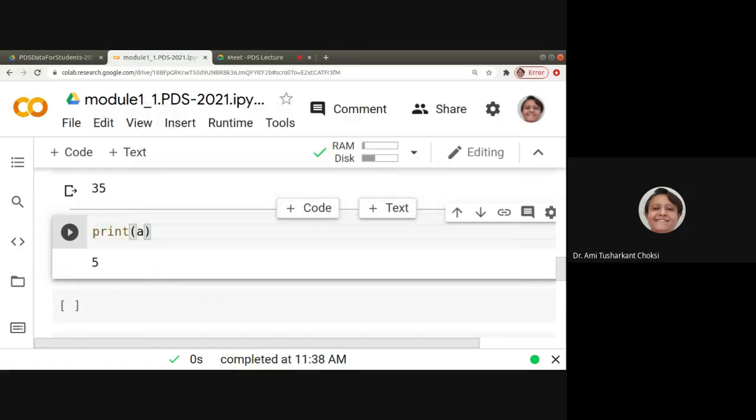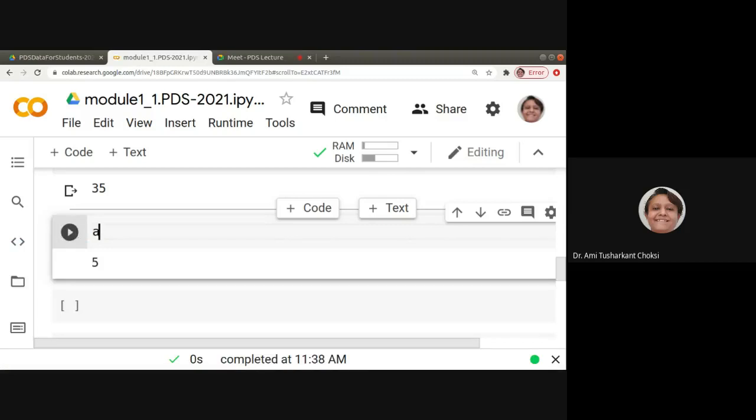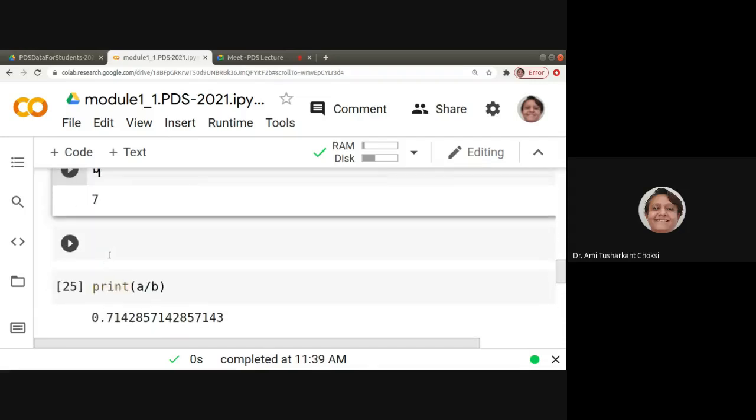But only if you want to see the value in the cell by running that particular cell in the middle. Oh, okay, I do not remember what is the value. So I can just put it in the cell as A and run that cell using control enter, or otherwise by pressing this triangle button. So we'll be getting the value. A is 5, and what is the value of B? 7, right? A is 5 and B is 7.